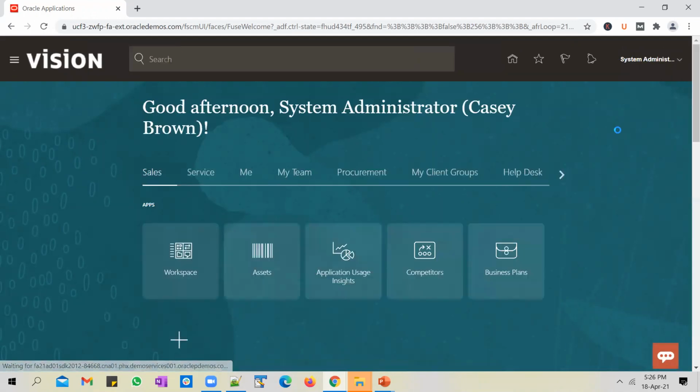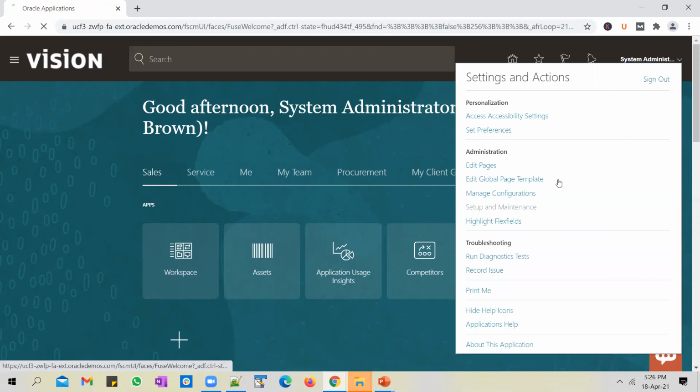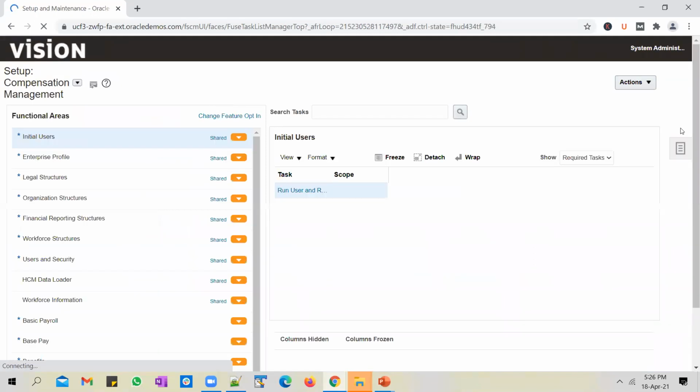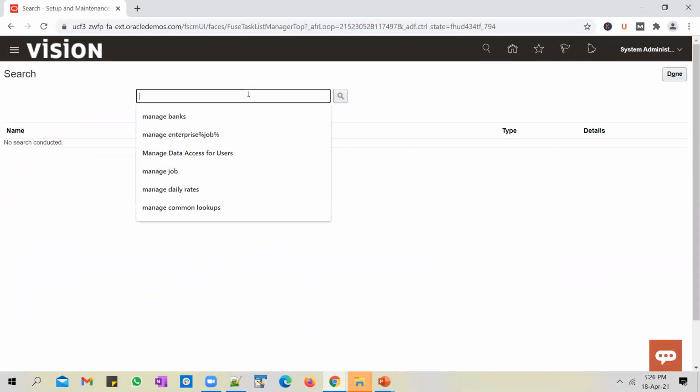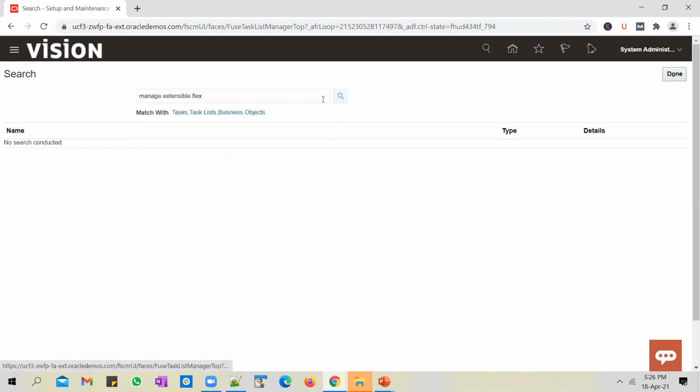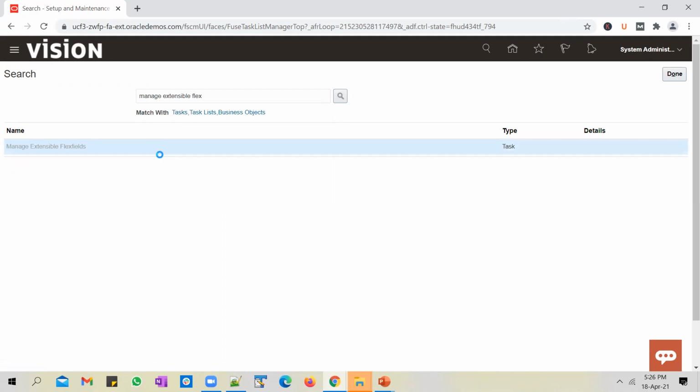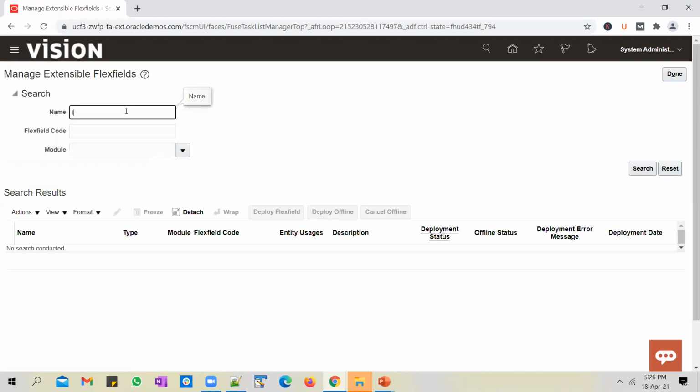From the home page, you have to go to setup and maintenance, and go to global search and search for manage extensible flex fields. And I want to configure and enable an extensible flex field on the location screen.